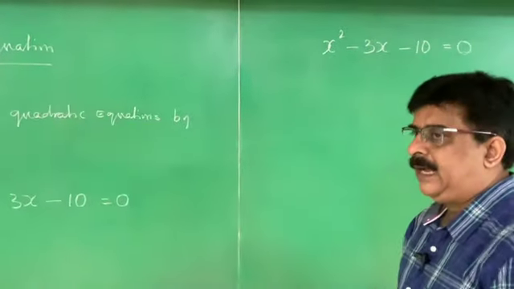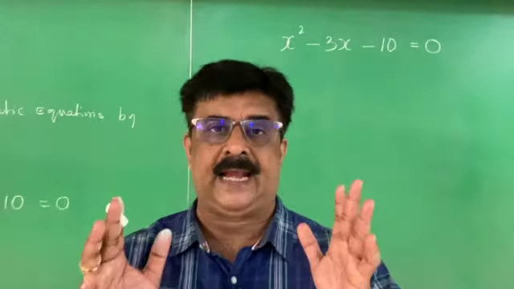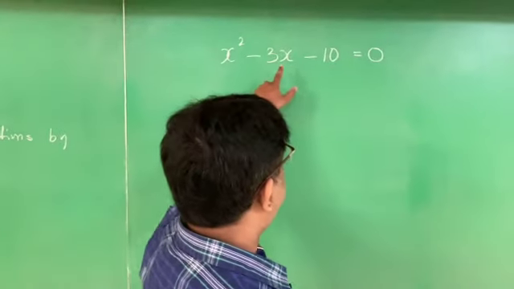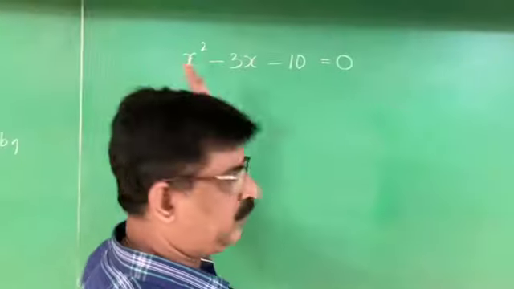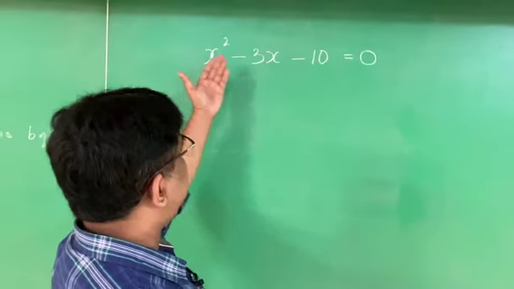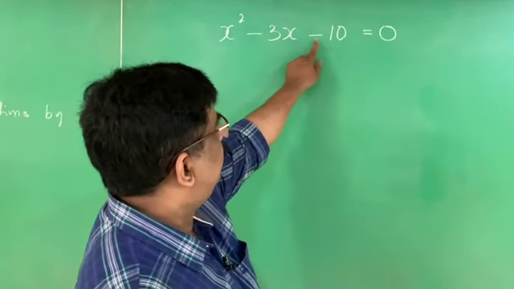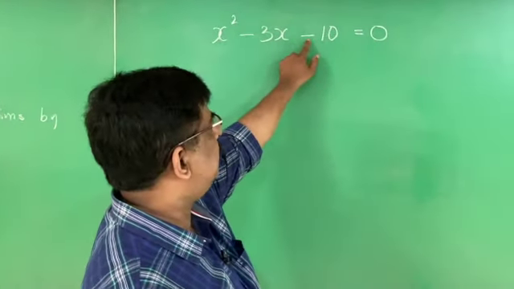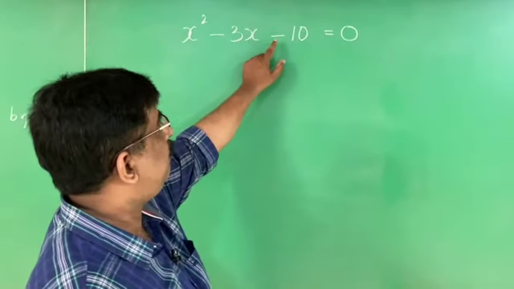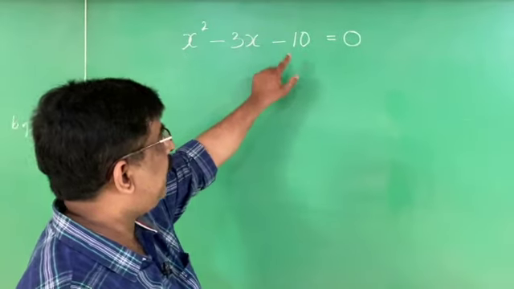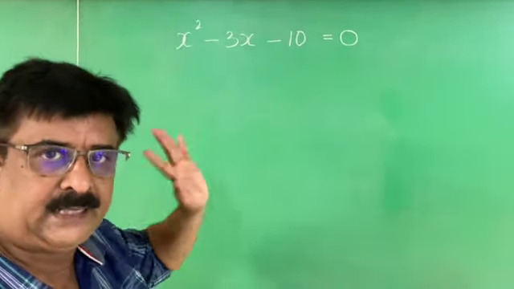First step is, I should understand that the given problem is in the standard form, that is ax square plus bx plus c is equal to 0. There is no need to write that. In the formula, you have to write here, there is no need. It should be in the standard form, right? I told you one signal. What is the saying here? Minus. With the minus, we have to subtract the factors to get the linear term. When you are subtracting the factors to get the linear term, this sign has to be given for the bigger number. That is the idea.